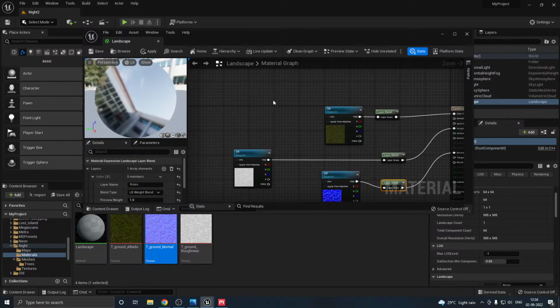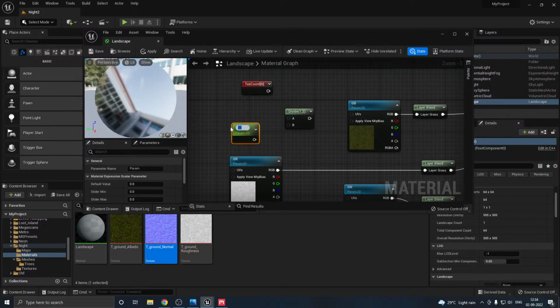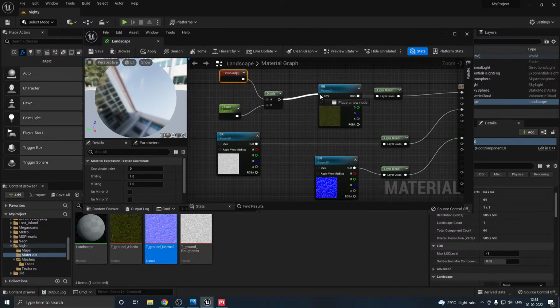Now we need a UV. Hold on U and D and S. Okay, this will be our G scale. Default value 1 and connect to divide. Then with our textures,